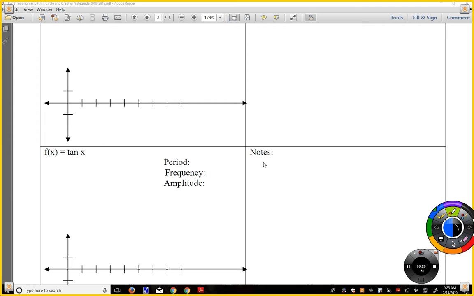Asymptotes, okay? So it's important for us to keep the general shape in mind because we're using our parent function to give us points, but if we don't know how to connect those points, then it's probably going to be more difficult for us, especially with the tangent function because the shape is a little bit odd. So if you guys remember when we made the parent function for tangent,